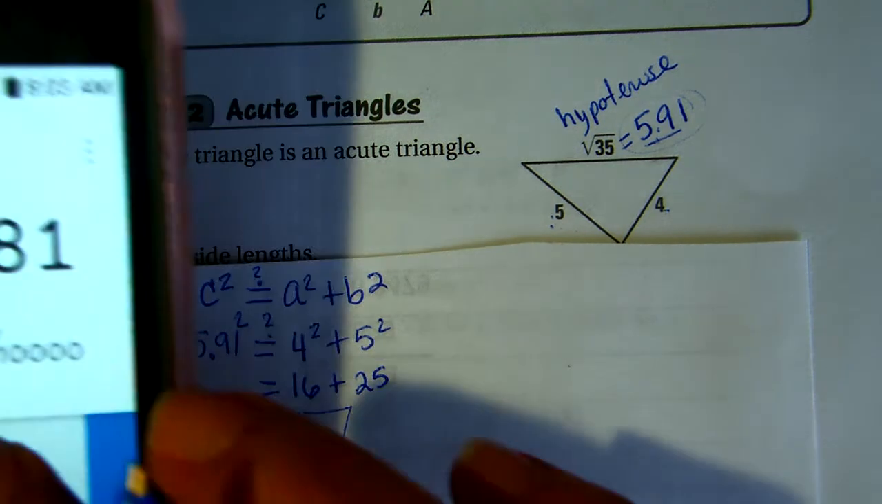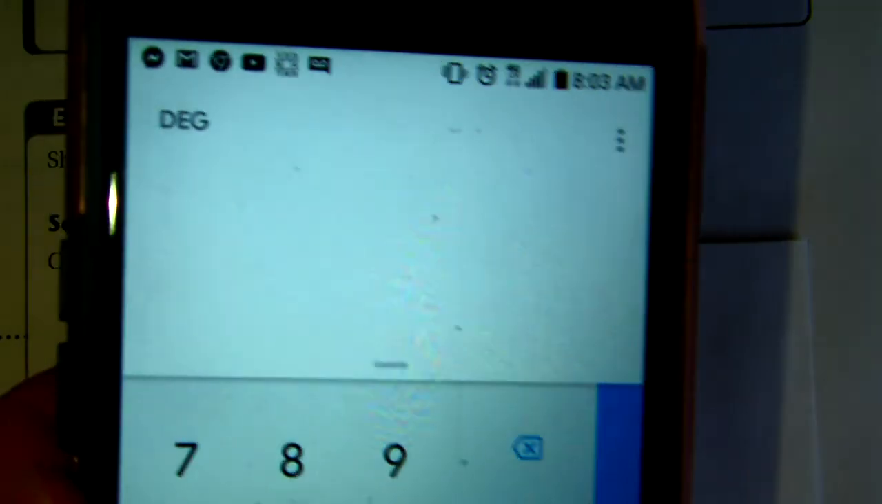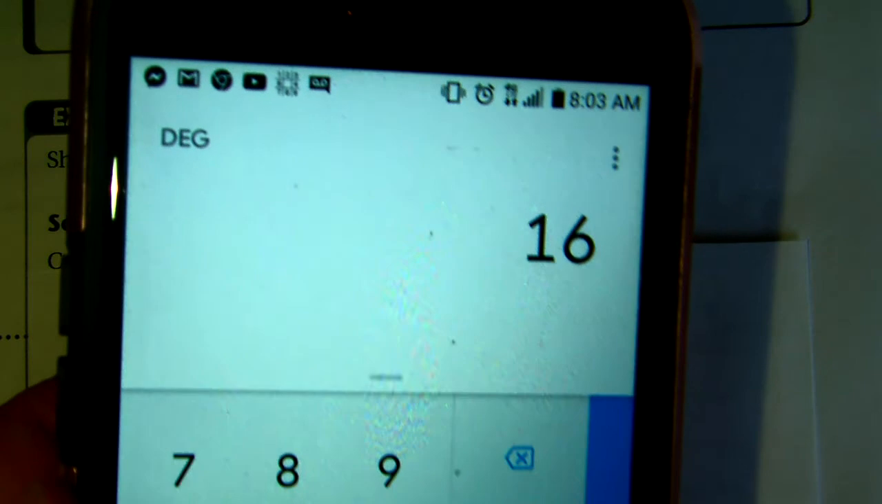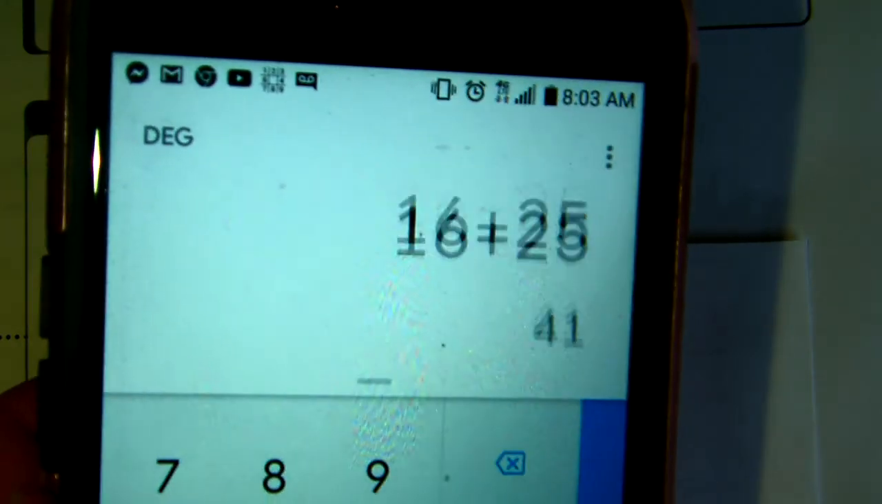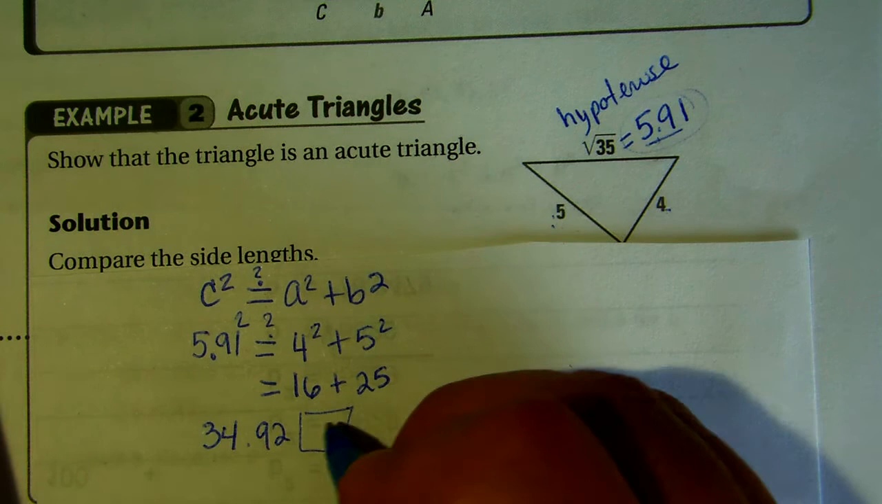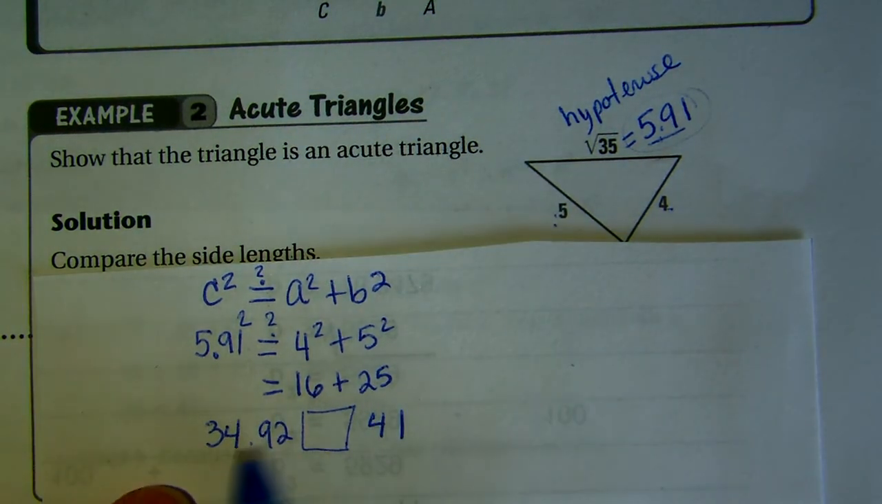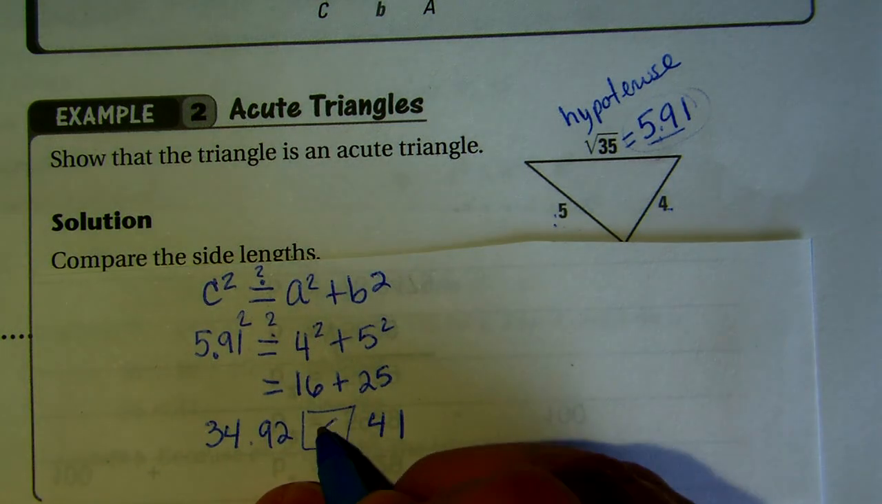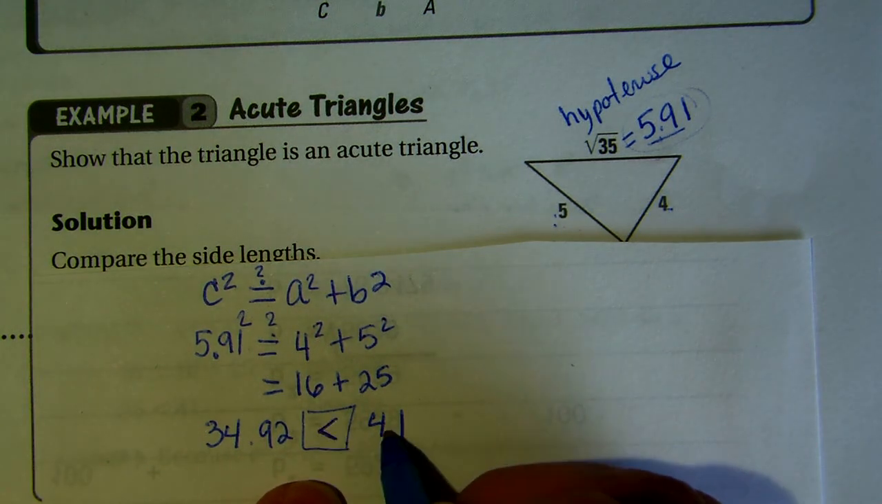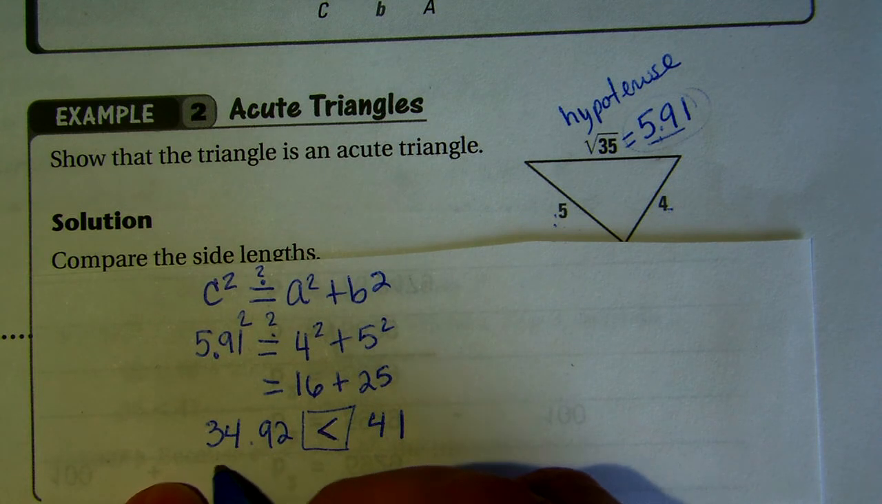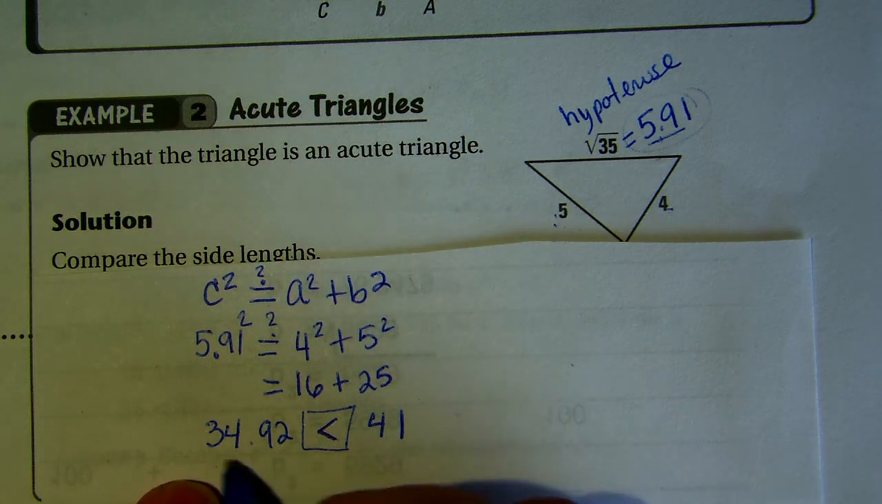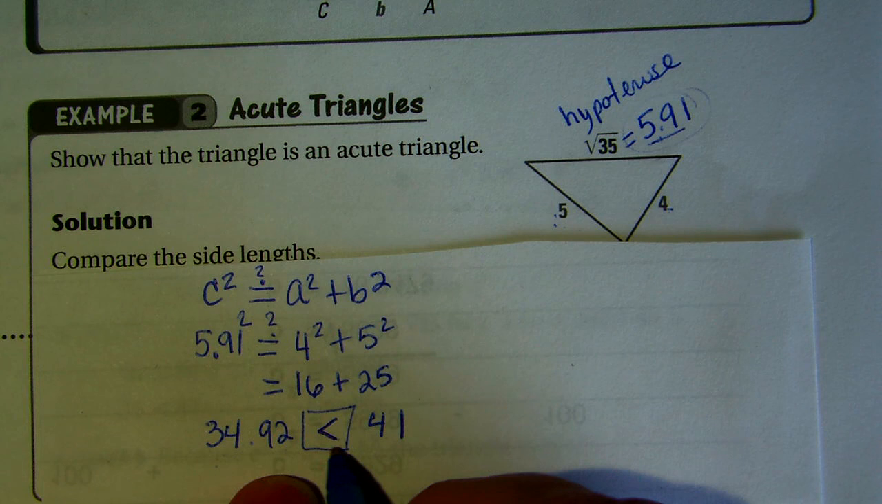So now let's check this number. 16 plus 25, I'm going to put it right here. 16 plus 25 is 41. So are these two the same? They're not equal. Which is the bigger? This is the bigger. So you put your sign like this. This number is bigger than this one. So the way that we read it is we say 34.92, we go